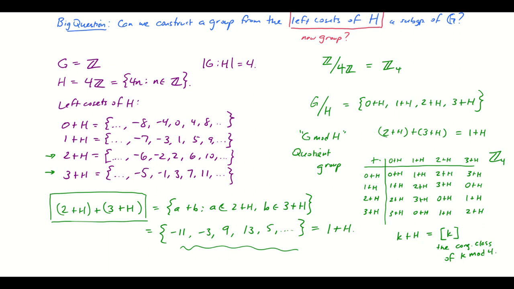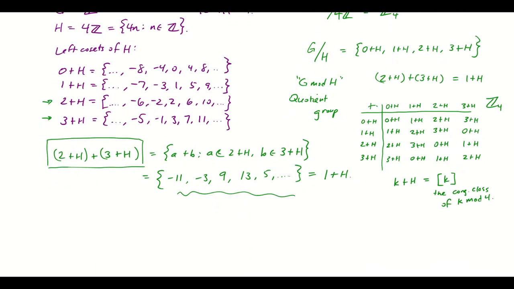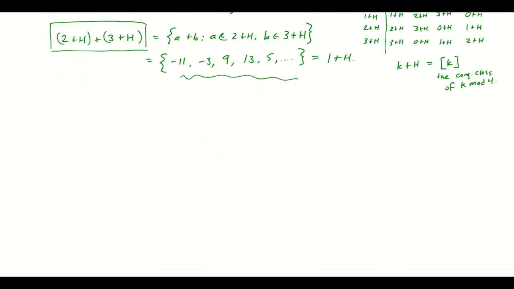And in fact, just as a fun little side note, what we call Z sub 4 in this class, many algebra classes and many number theory classes actually never use this because they want to use this type of symbol for something else called the p-adic integers, which is a different thing from what we're doing here. So a lot of the time they'll use this symbol only for Z mod 4. So there we go, there's a new idea. So I wonder what other settings we could do this in. So, do we only get to do this with integers, or can we do this with other types of groups as well? Let's go back to the example we talked about in the previous video where we had,